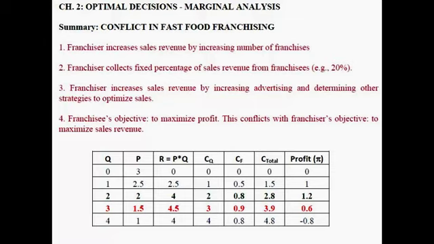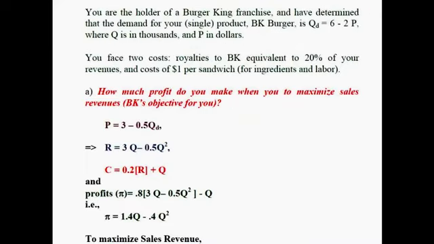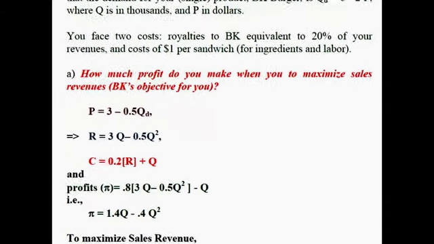And the franchisee's objective is to maximize profit. This conflicts with the franchisor's objective, which is to maximize sales revenue, because the franchisor takes a percentage of your revenues. So here's our problem again, a made-up problem. I give you the demand, or the inverse demand. The demand for the BK burger is Q equals 6 minus 2P. It's in thousands. I can rewrite that equation as P equals 3 minus